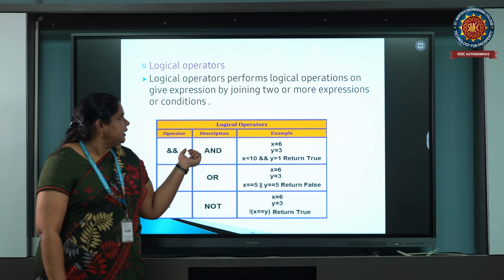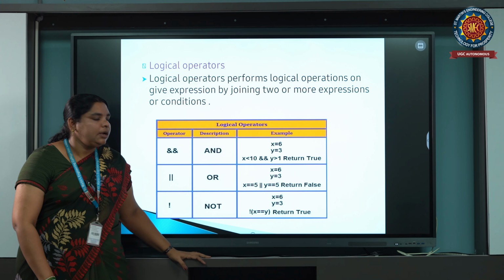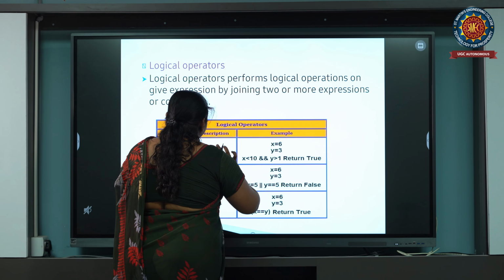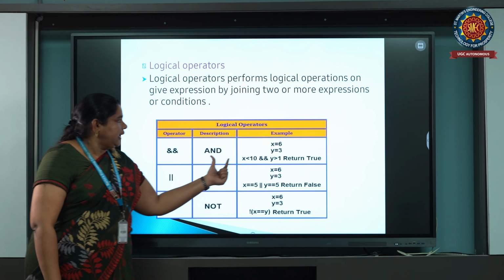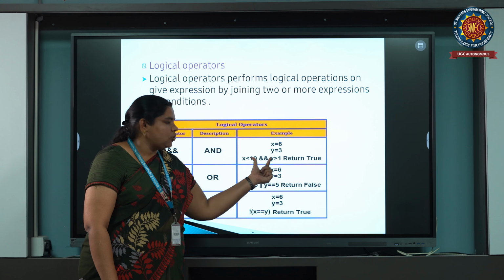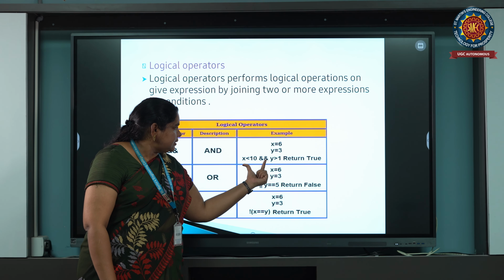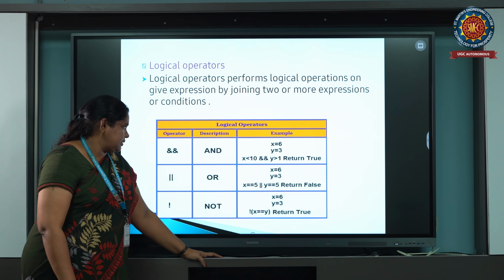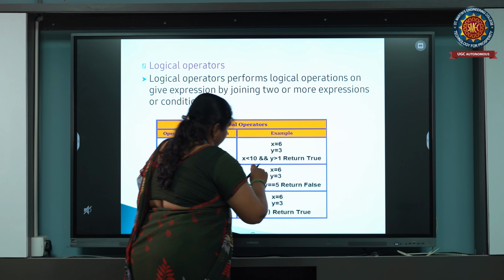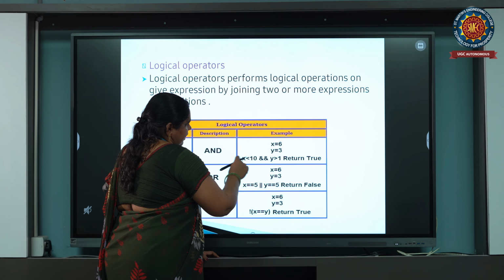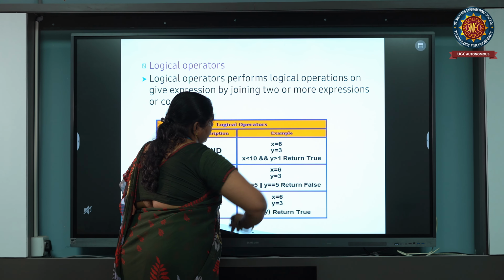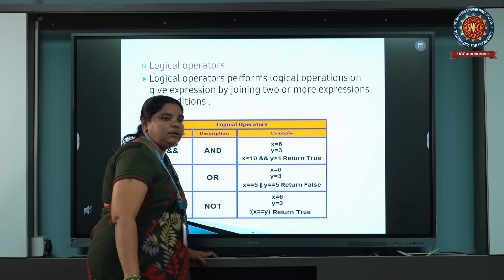For example, AND. I want to take, for example, x equal to 6 and y equal to 3. So x greater than 10 and y, is this condition true or false? It returns true, because the condition is true.